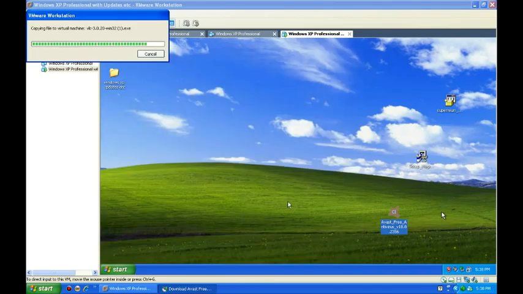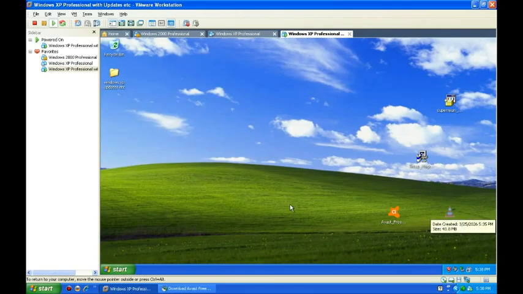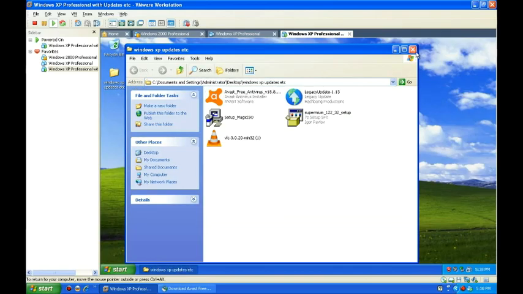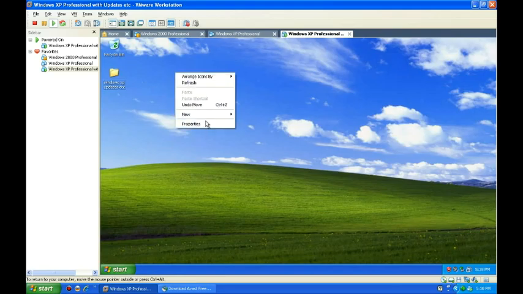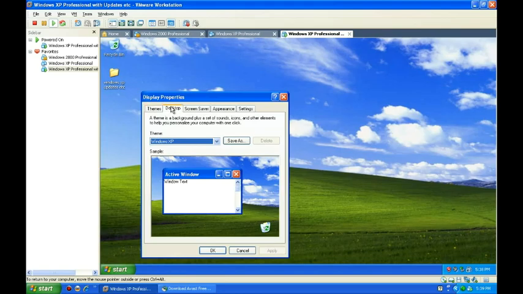Next, I would move all of those setup files onto this folder. And we're done. Now this folder is working perfectly fine, as you can see here. Now, we need to do a few things. One, go right click, properties, and then I would